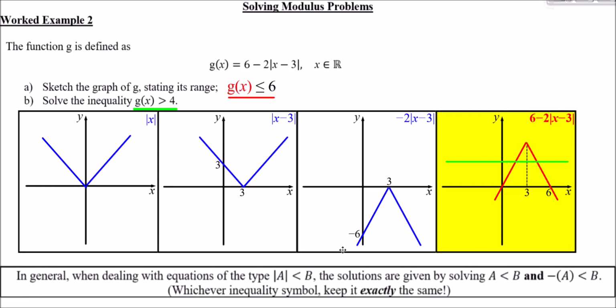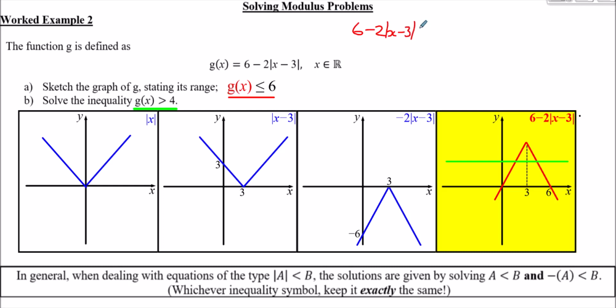So isolate the mod, and then think about when what's in the mod is less than the other side, or minus what's in the mod is less than the other side. Whatever inequality symbol this is, just keep it exactly the same, whether less than or more than, whatever. So we're wanting g of x to be bigger than 4. So g of x is in red. So I'm wanting to find when 6 minus 2 lots of mod x minus 3, in other words g of x,